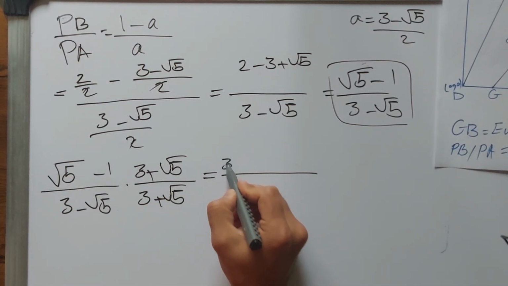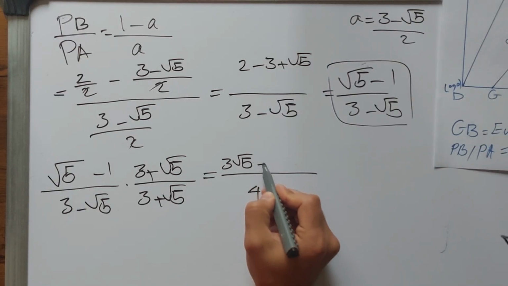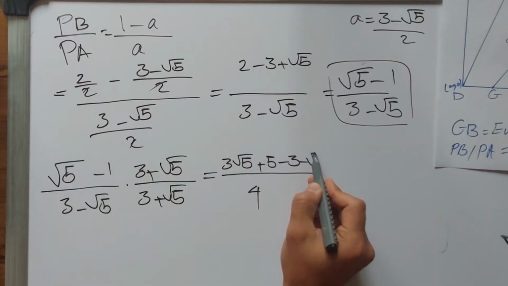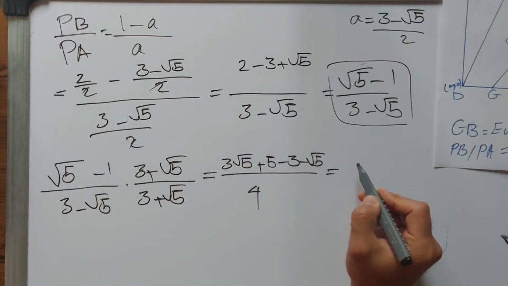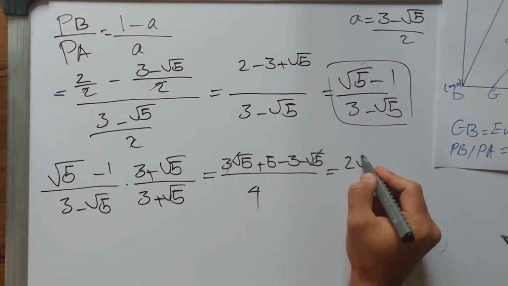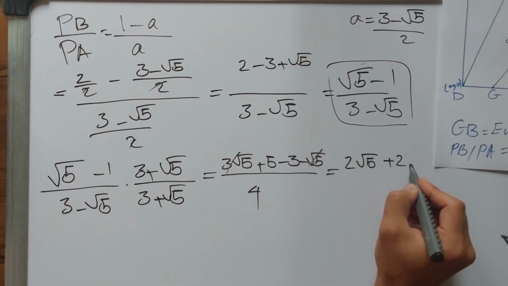Then 3 square root of 5 plus 5 minus 3 minus square root of 5, which is 3 square root of 5 minus square root of 5, 2 square root of 5 plus 2 over